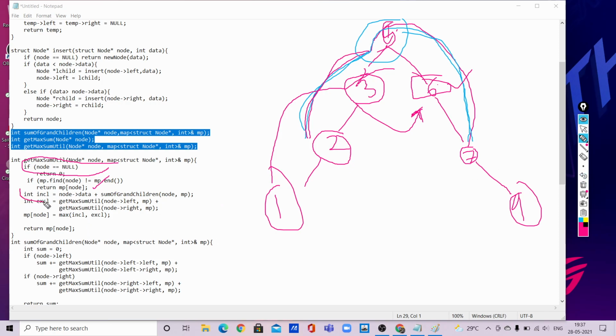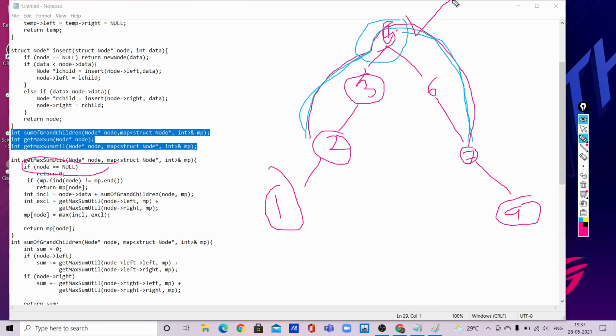Now the inclusive function means that we are including that node, and this is the excluding function, where we exclude that node and calculate the next values. So in the including function, let us suppose we are including this node, then we have to include its grandchildren.